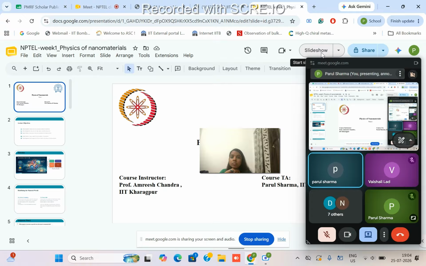So here we will see what are the advantages and disadvantages if we are reducing the size, if we are doing the miniaturization of the devices. So first is size and portability. Obviously, as size is smaller, it will be lightweight, and we can make compact devices. But obviously, when we are dealing with such nanoscale chips, it is very difficult to handle, and we need